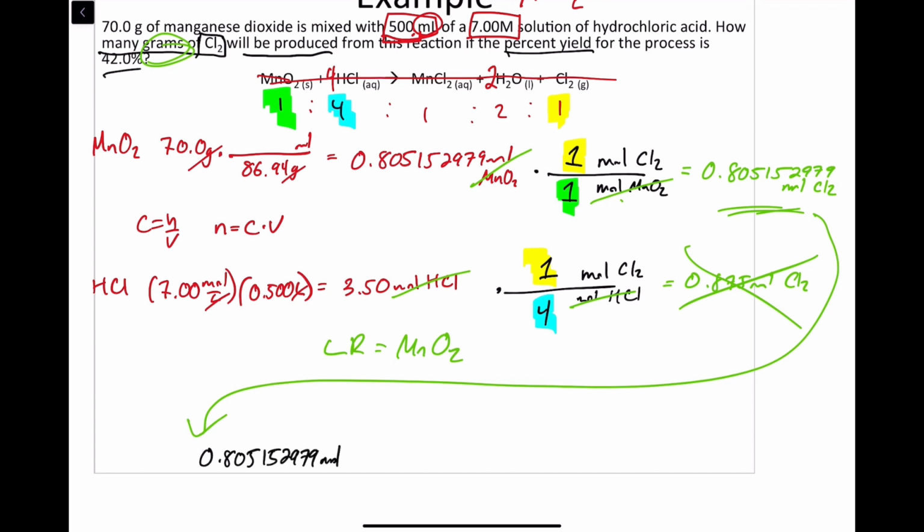0.805152979 mole of Cl2, and I need to convert this into grams. So we need our molar mass of Cl2, with moles on the bottom and grams on the top. 35.45 times 2 is going to be 70.90 grams per mole. Our moles will cancel out, and we will get